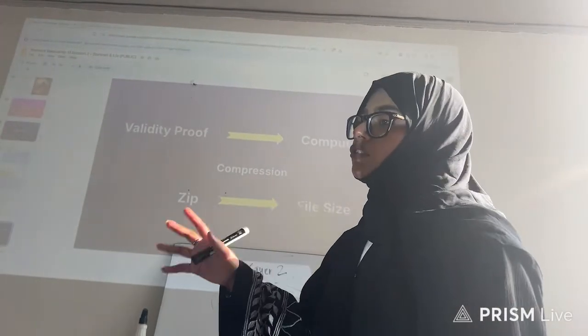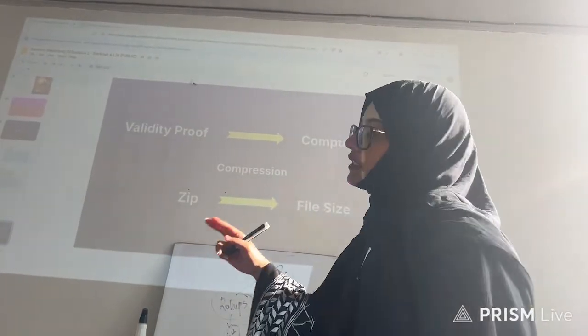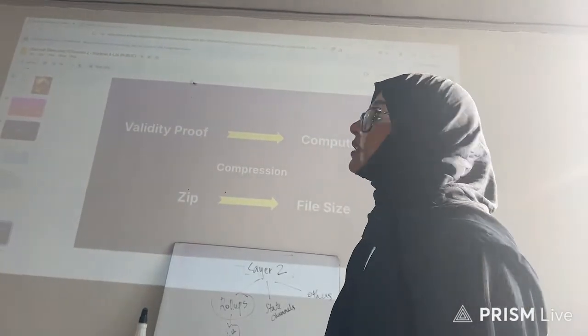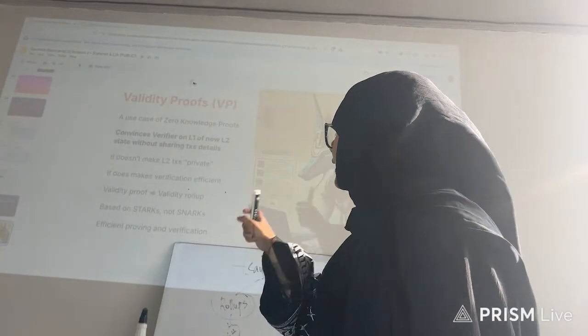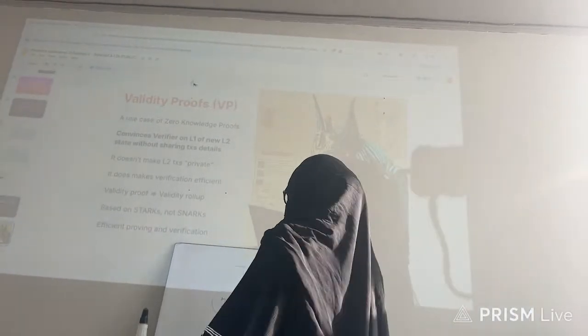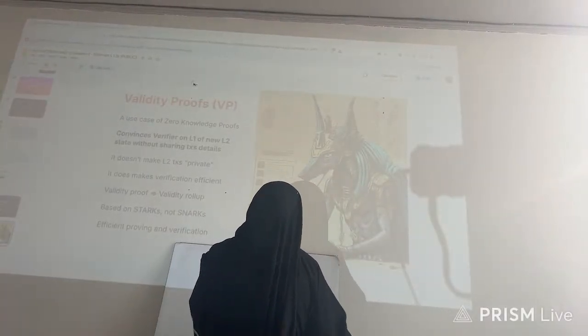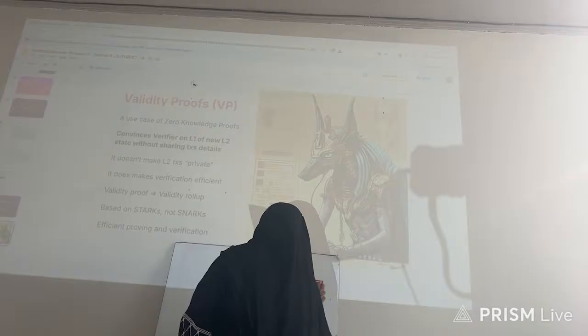Now, just to give you a better example, a validity proof to a computation is the same as a zip to a file size. Again, validity proofs are a use case of zero knowledge proofs. Now for zero knowledge, yesterday we did a very good example, which was